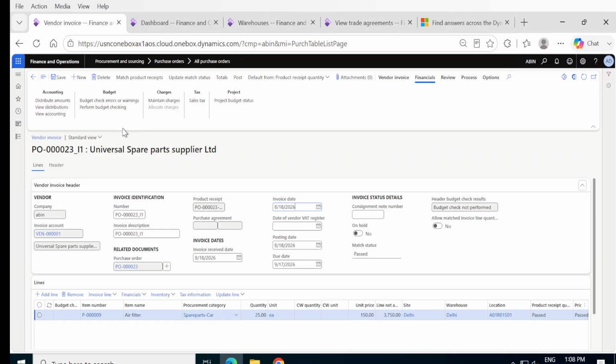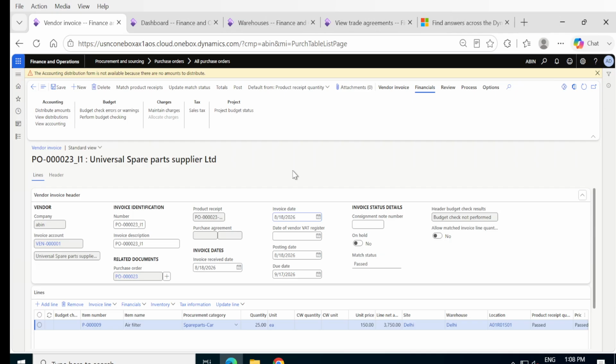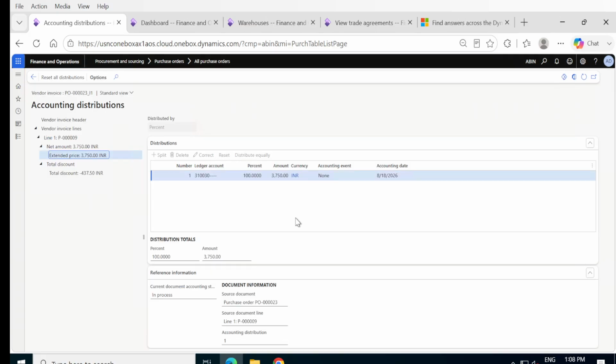Before I do that, let's see what postings the accounting distribution has done, and also see how it has distributed the amount. Okay, accounting distribution not available. There's no amount to distribute, so the amount is not distributed. Now let's do the accounting distribution. So this is where it has booked. The GL account is purchase expenditure for